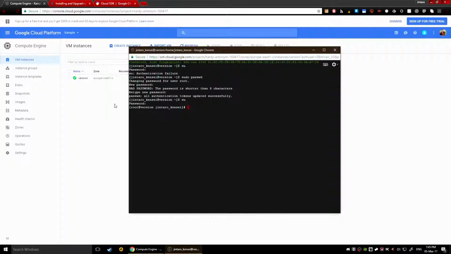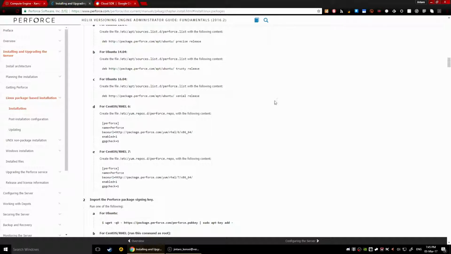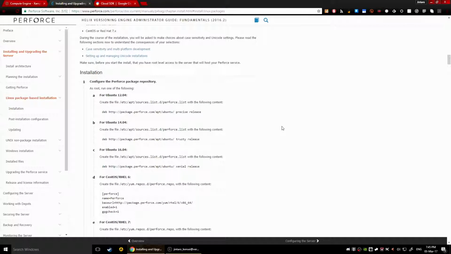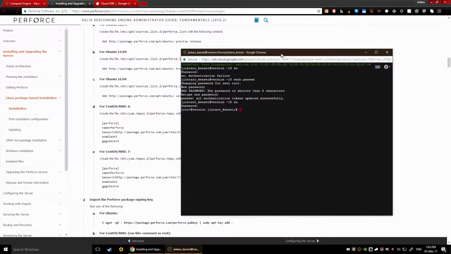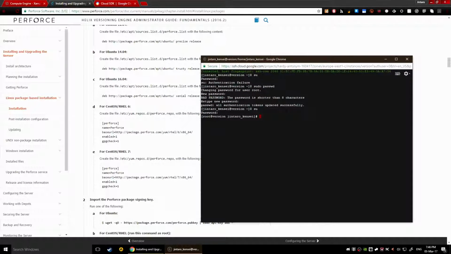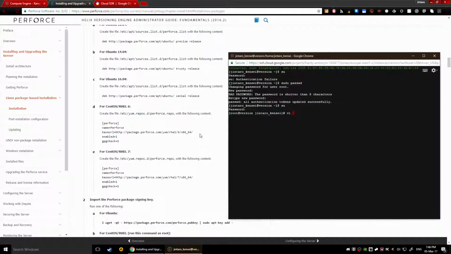Okay, now at this point we need to install the Perforce versioning engine, and this is when we're going to jump into this thing here. You can read along, but essentially what you need to do is create a file in this directory and name it like this. The default text editor in CentOS and Red Hat is something called Vim. The command for this is vi, and then you can just type in